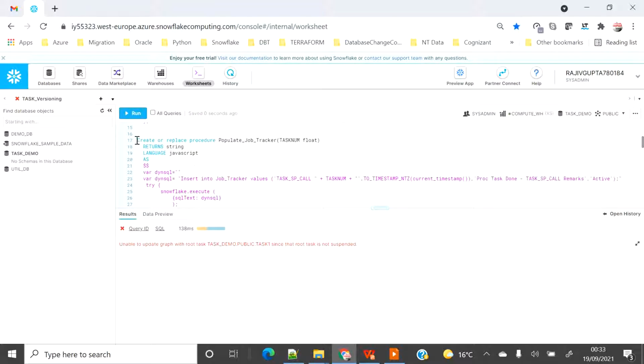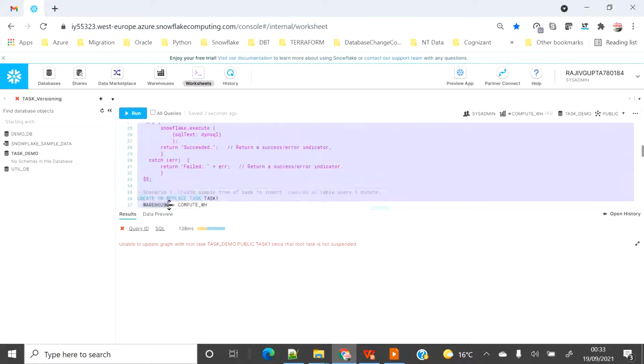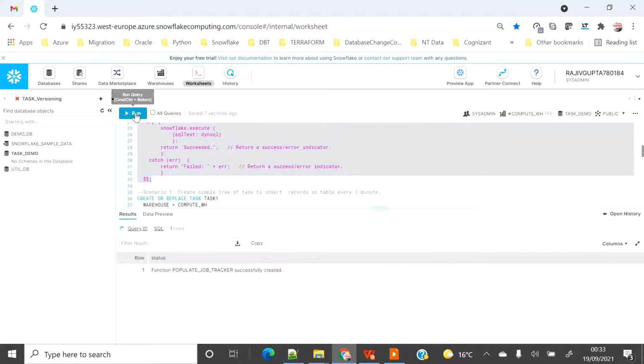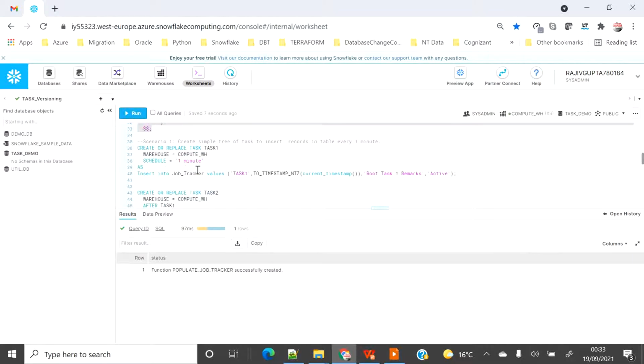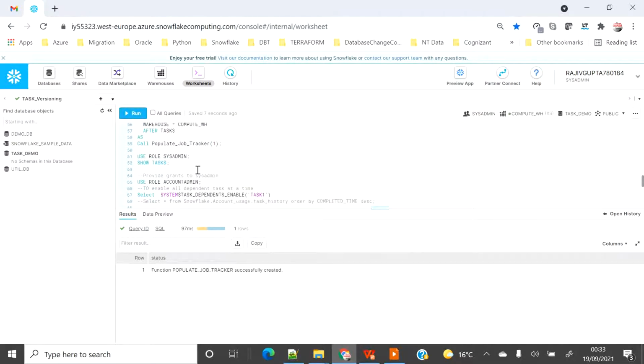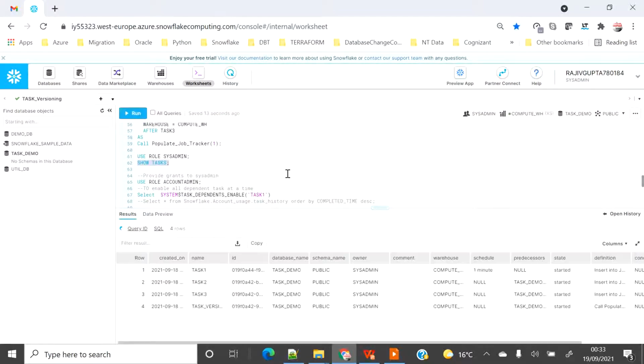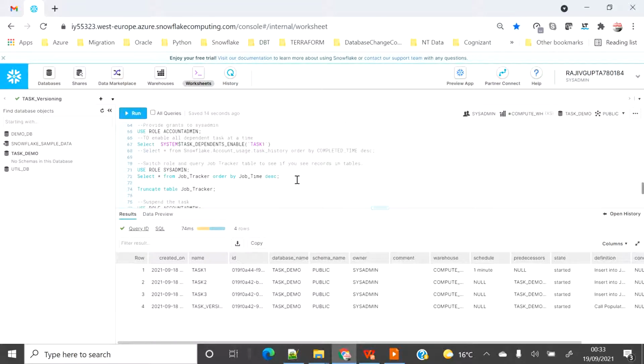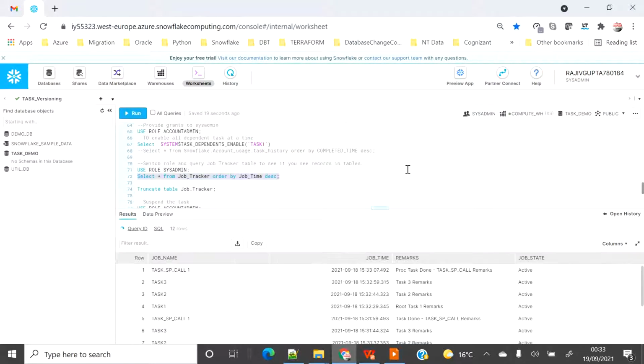I can do that, so I can modify the underlying code of the stored procedure. If I execute it, it gets executed successfully, although it is running. This was running and everything is still running. If I execute again, you will see that the code will be modified. You can see that the sp call happened and it took the latest remarks provided by me.